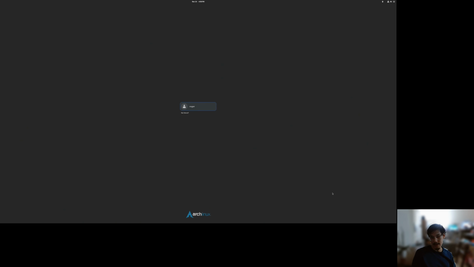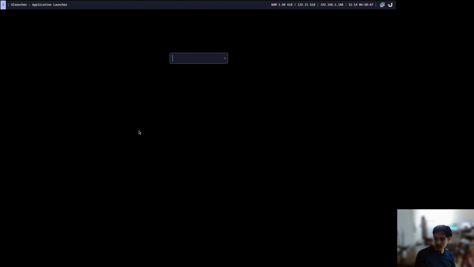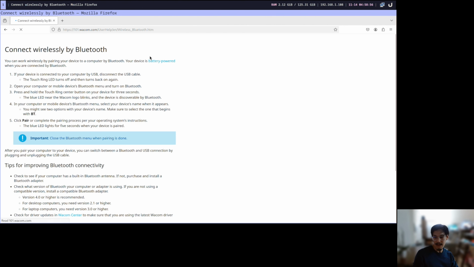Log out. Let's go back to i3 and install VirtualBox because we're going to do some stuff. Well, I'm planning to do some stuff with the Linux kernel, and we're going to try to learn how to build the kernel and do some interesting things there. So I need some sort of virtual machine thing to be able to not mess up my computer. So we're going to do Firefox and just figure out how to